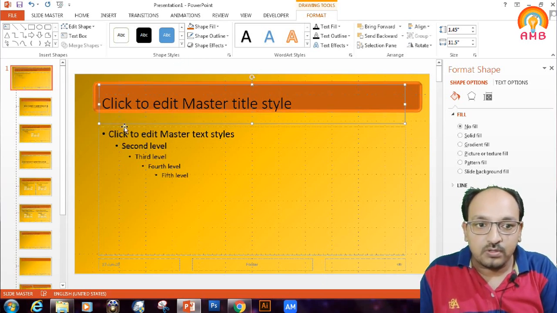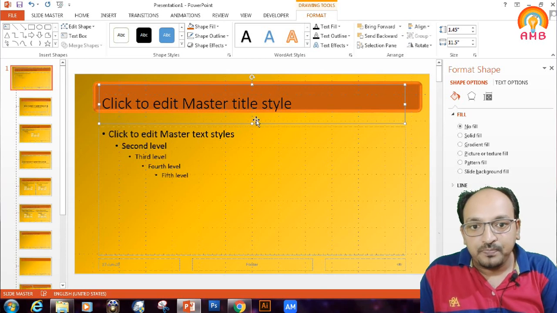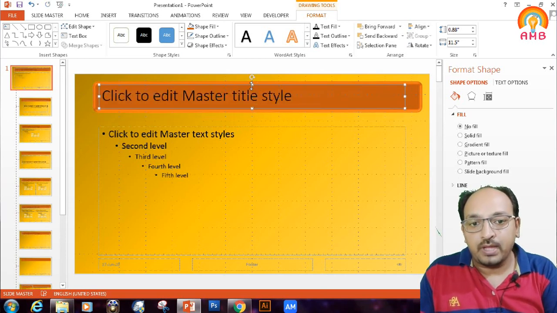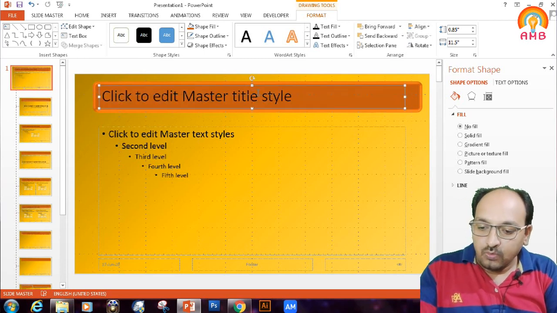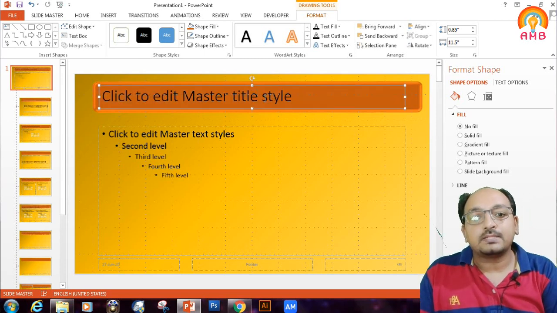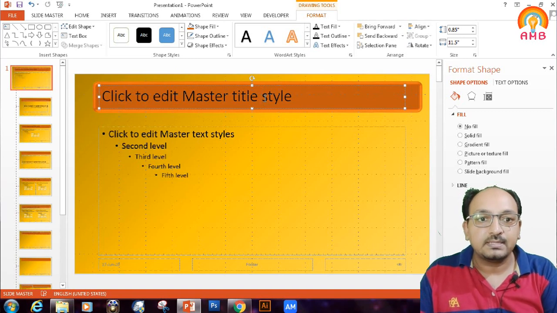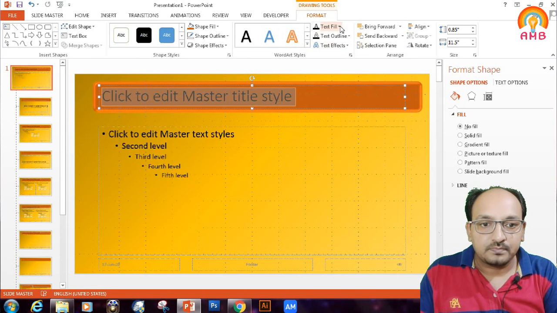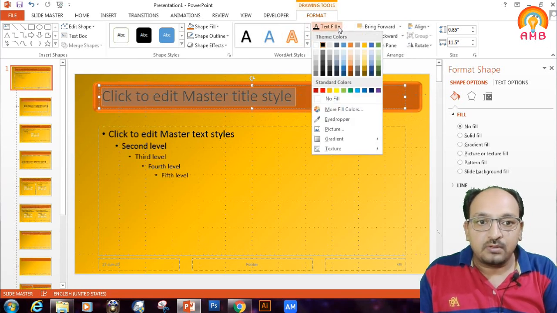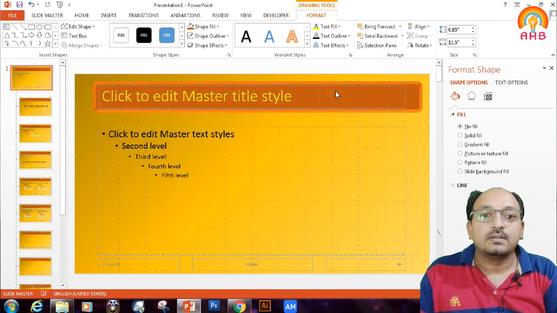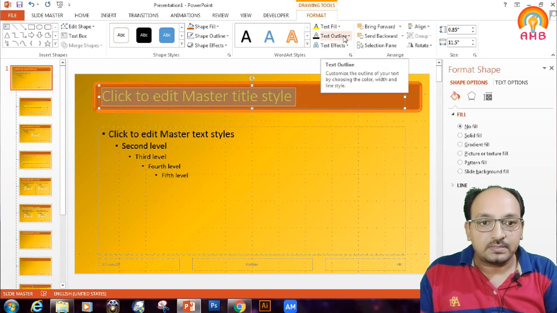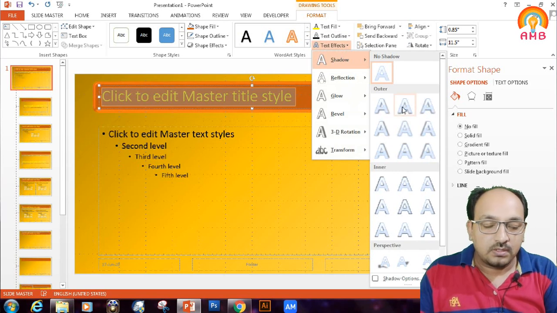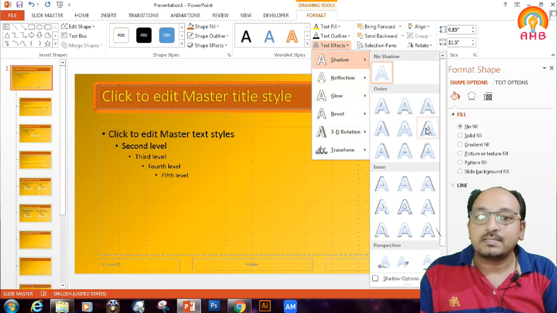I am keeping the title text box on the rounded rectangle which I had prepared. Now I am selecting this text and changing the color. I can change the effects of the text.